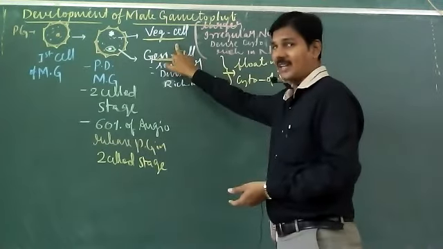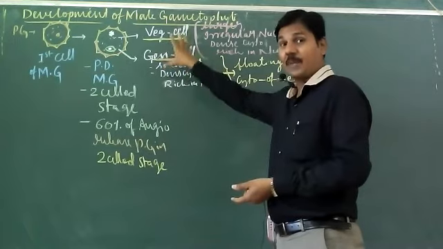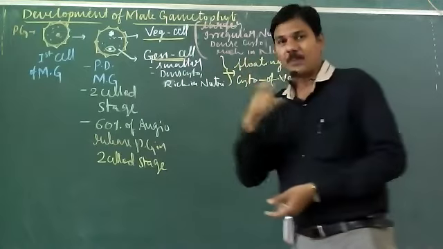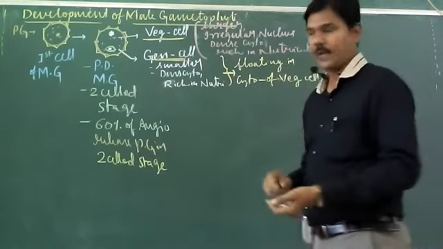Vegetative, larger, irregular shaped nucleus, and smaller, generative, spindle shaped cell. Okay, and then now